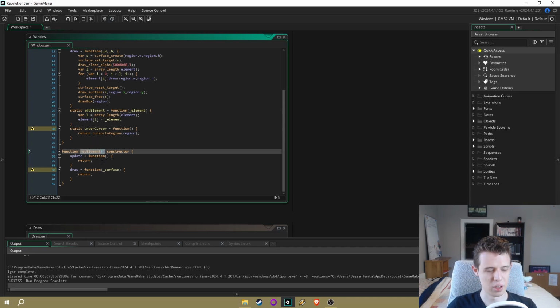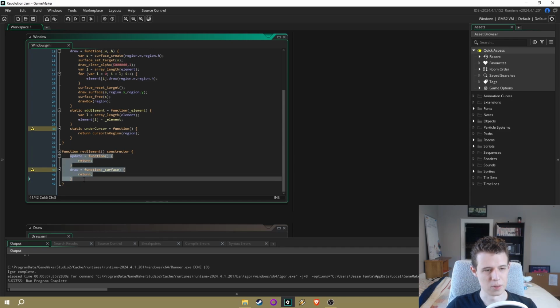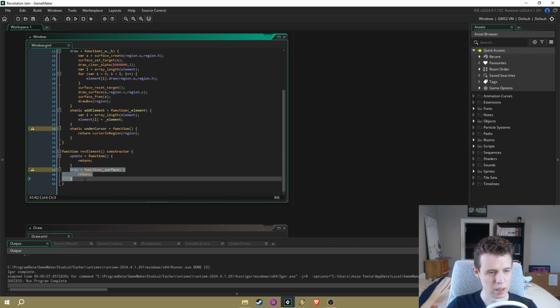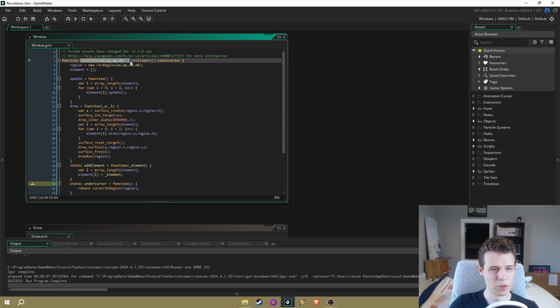So rev element just contains, essentially like a JavaScript interface, or was that Java? I don't remember, I don't care. Anyway, it's an empty function called update and an empty function called draw. There would probably need to be some more functions as well, like onClick or whatever. And everything, like windows within the game, buttons within the game, log files, anything, they all inherit from this element,